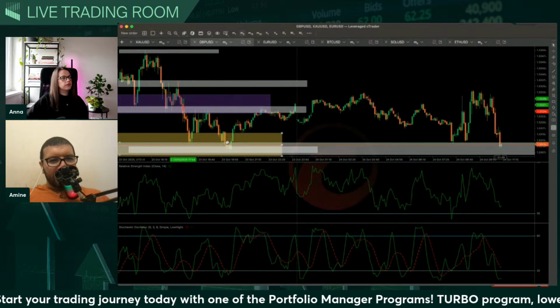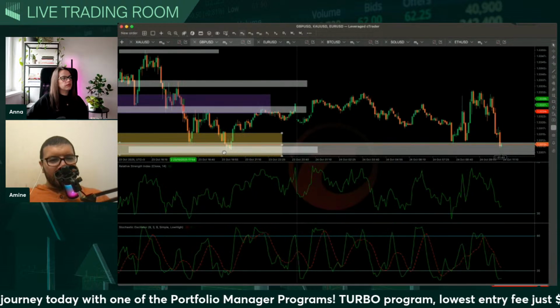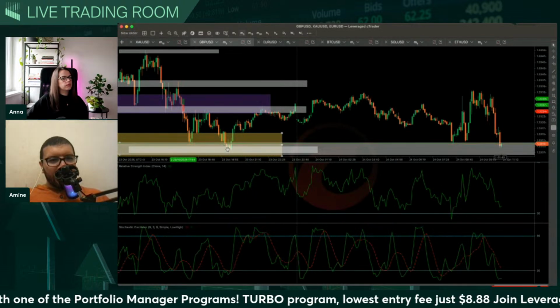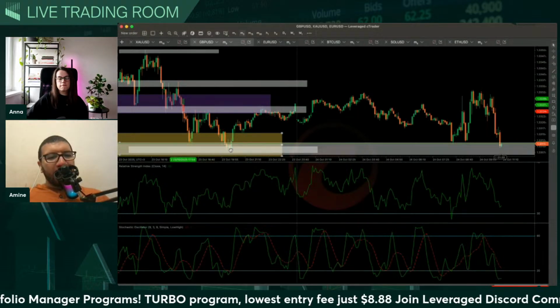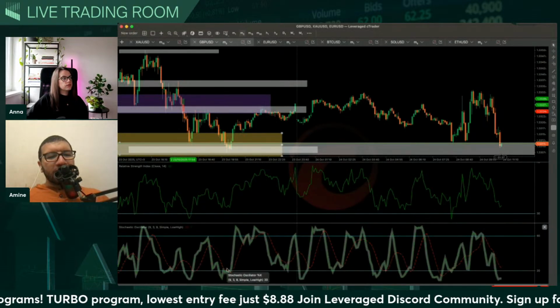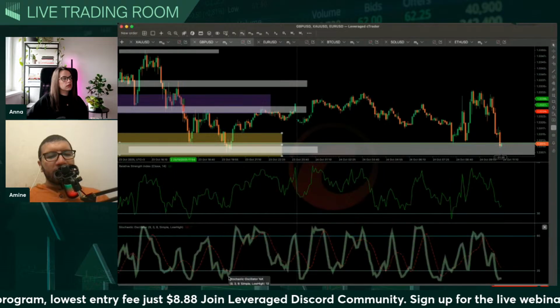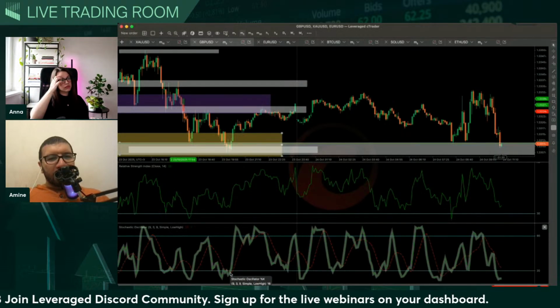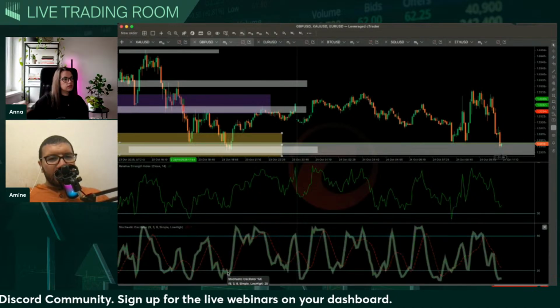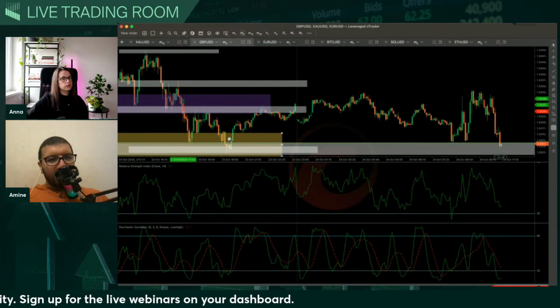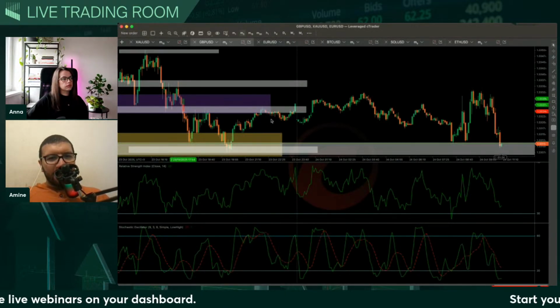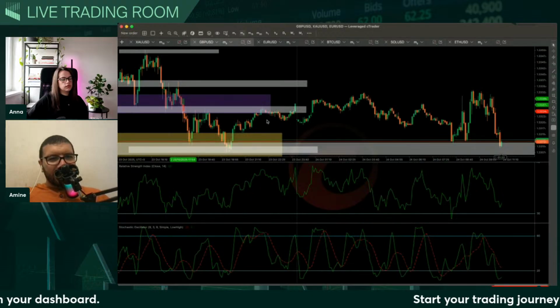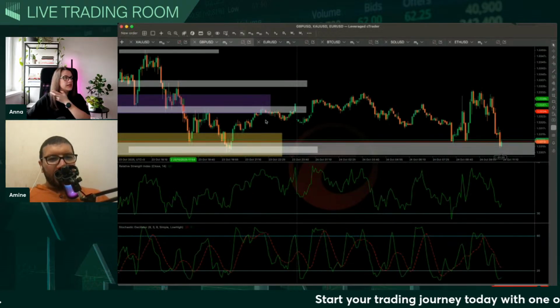There I have multiple rejections with a nice wick and an engulfing candle, and the stochastics well oversold, as you can see, the green crossing the red in the area of oversold, and you place your order there, and boom, nice win. Just waiting for more confirmation, but basically, yeah, it was